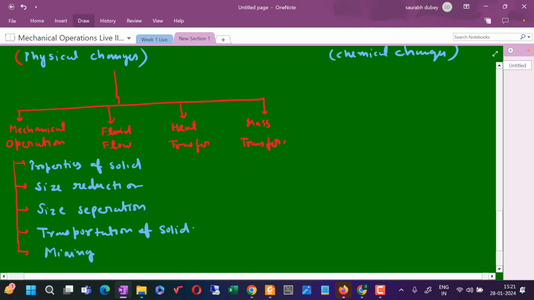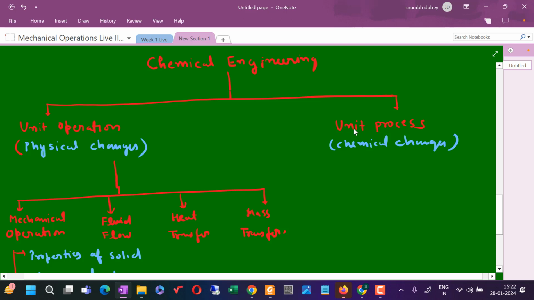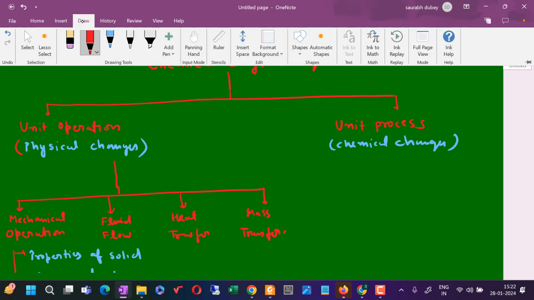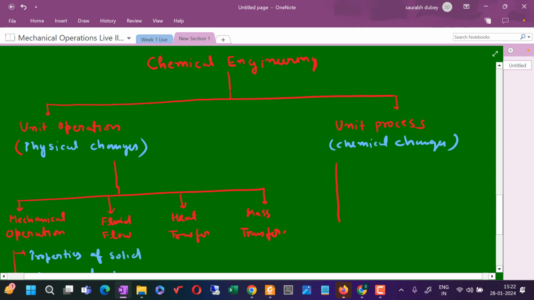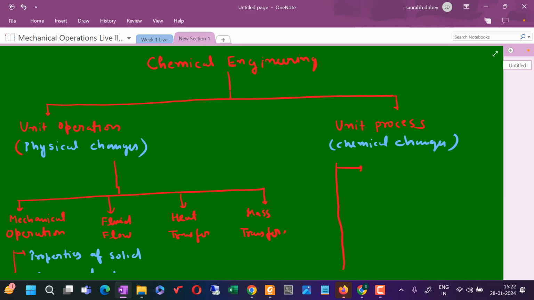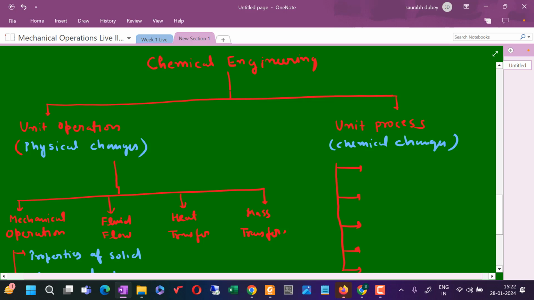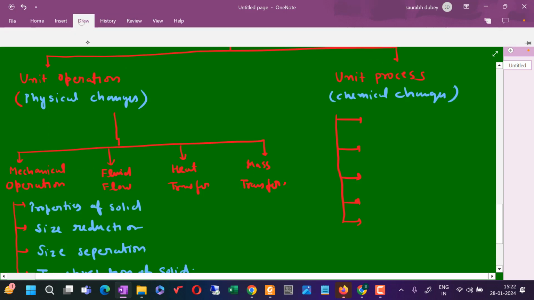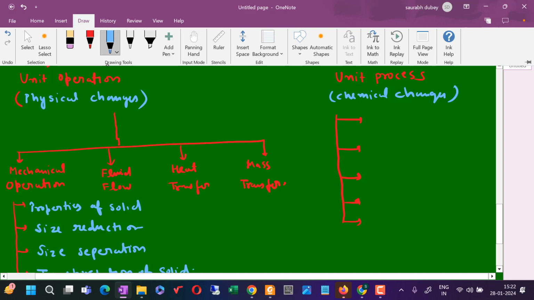Various mixers are there, etc. And here is the chemical change that I was talking about, the question that had tricked us. So some examples of the chemical changes, which is unit process, is oxidation,